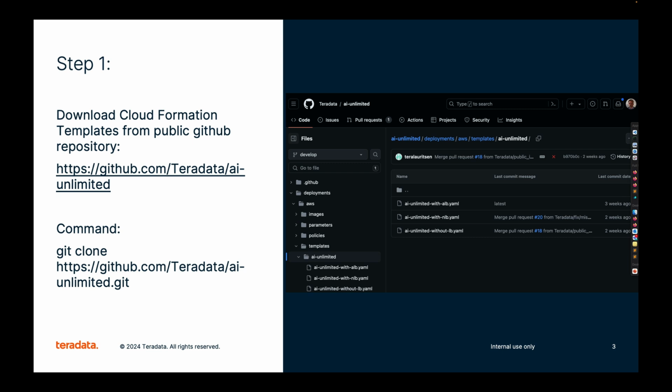You will see there a lot of templates. The key important three templates are in the section of deployments AWS templates. You can see here there are three templates: the AI Unlimited deployment using ALB application load balancer, AI Unlimited deployment with network load balancer, or without any